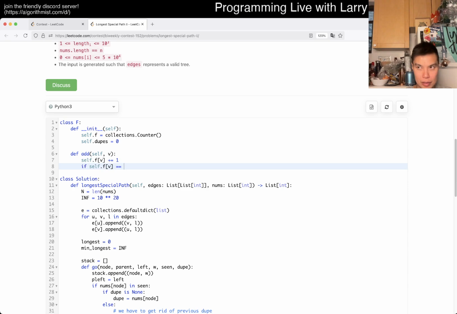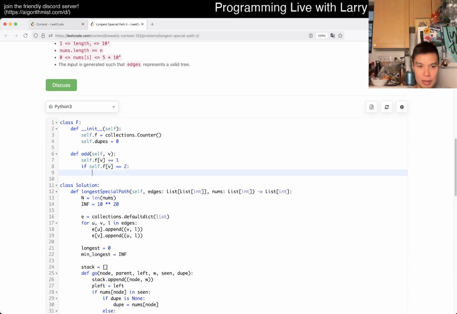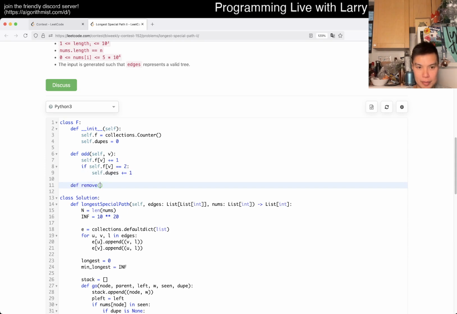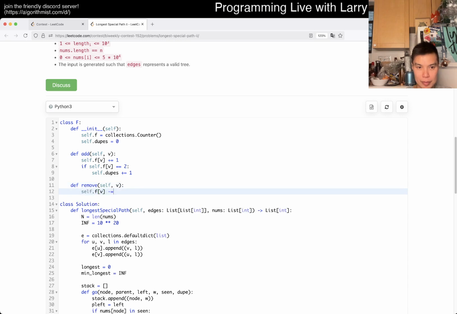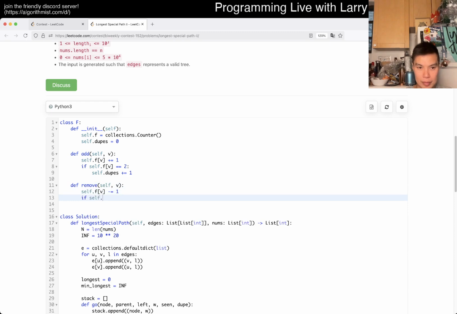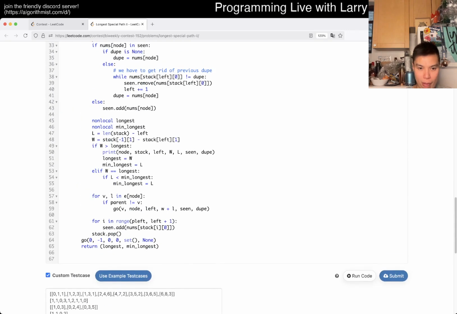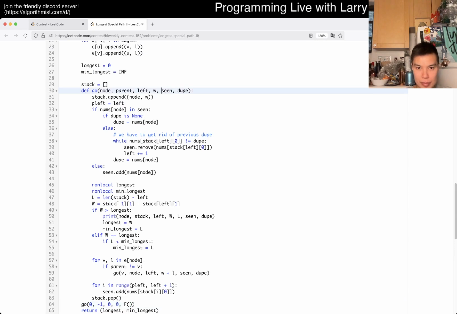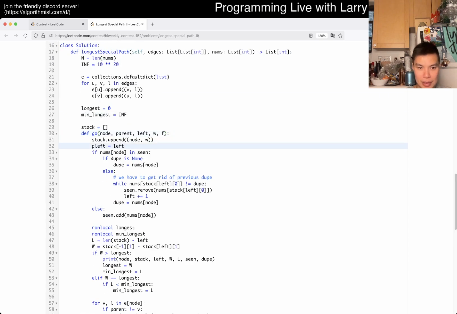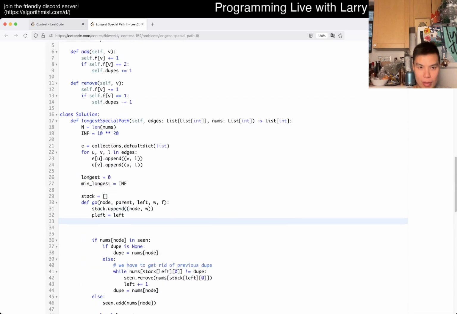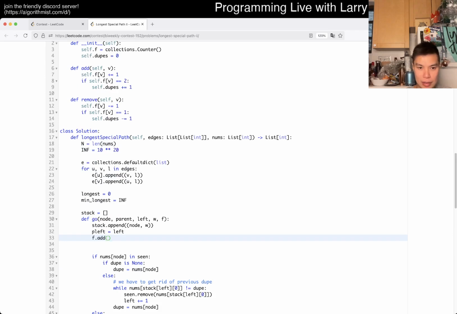And if this is equal to, if we go from 1 to 2, then sub.dupes. If it goes from 2 to 1, then, okay, right? So then now, let's just do that, right? I don't know, naming things is hard. F maybe, right? So then now we go f dot add num sub node,